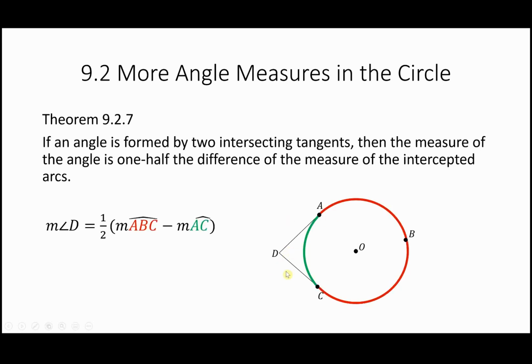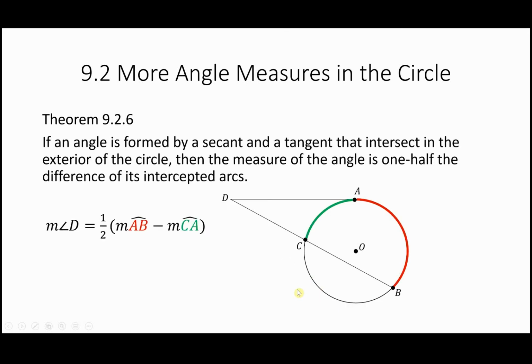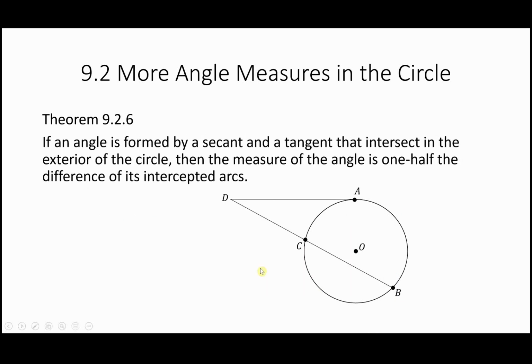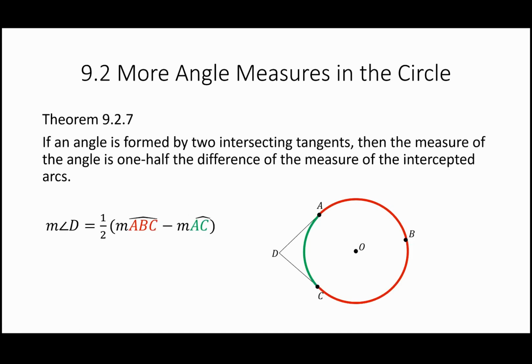Well, in that case, these are your two intercepted arcs. And of course, it has the same structure algebraically, where you'll take half the difference of the intercepted arcs, and this is how it'll look in that instance. So there were three different instances of taking half the difference for measuring an exterior angle. Now either it's two secant lines, a secant and a tangent, as you see here, or two tangents, as you see in this theorem